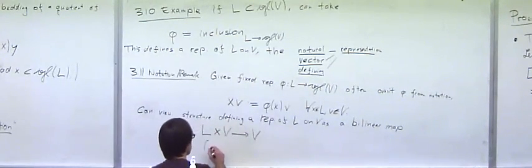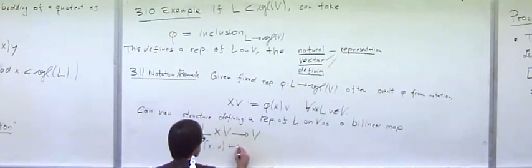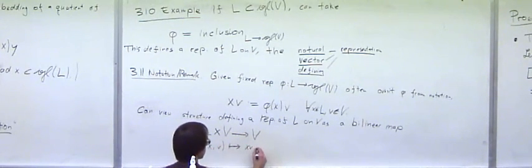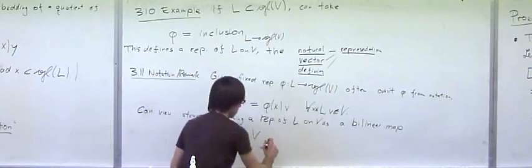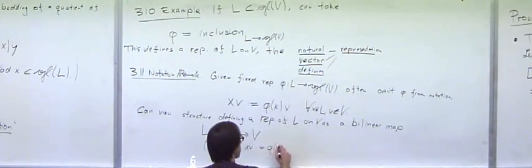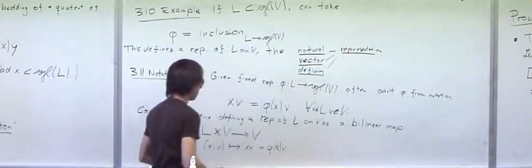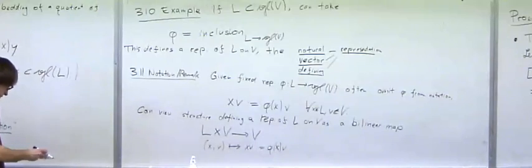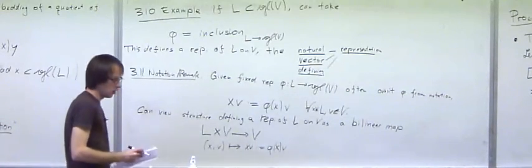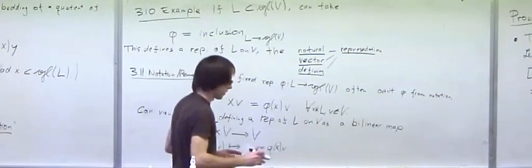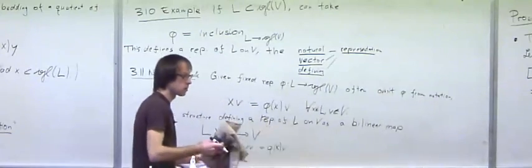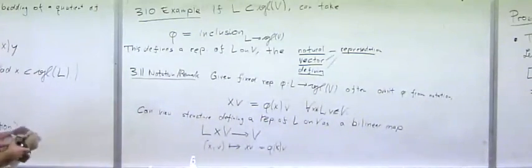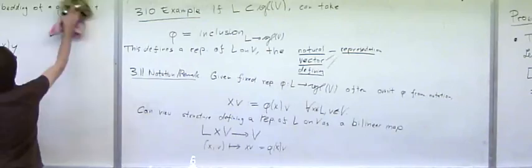So the new vector xv is by definition just what I wrote here, phi of x applied to v. And yeah, then the property is, put this as an exercise to show that it actually corresponds to